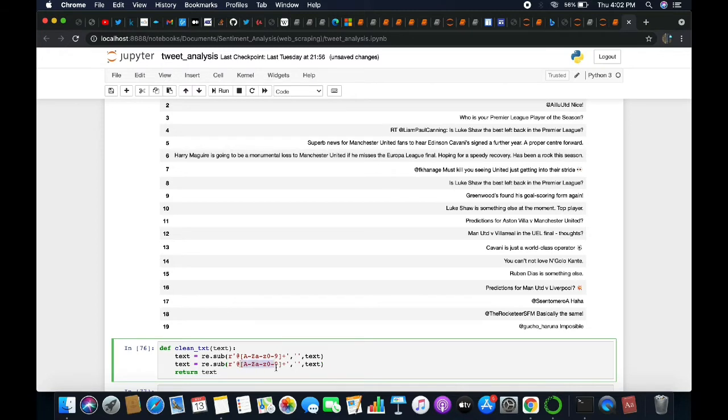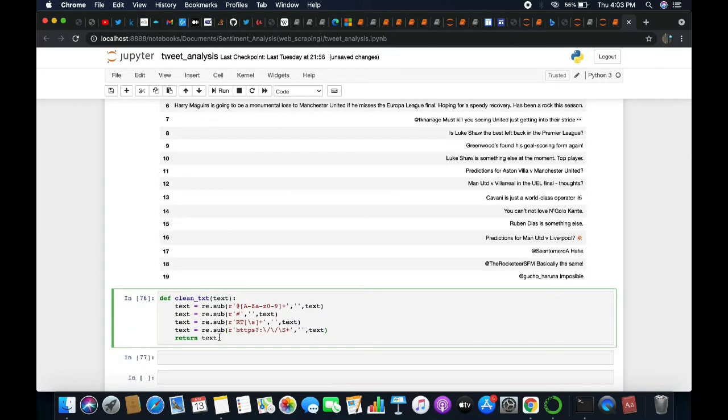Next, let's remove any hashtags in our text. We don't want any hashtags, so remove that. Next, we want to remove RTs. We don't want the retweets and any white spaces. We also want to check and remove any hyperlinks. Text, http://. Also check for white spaces. Okay, so